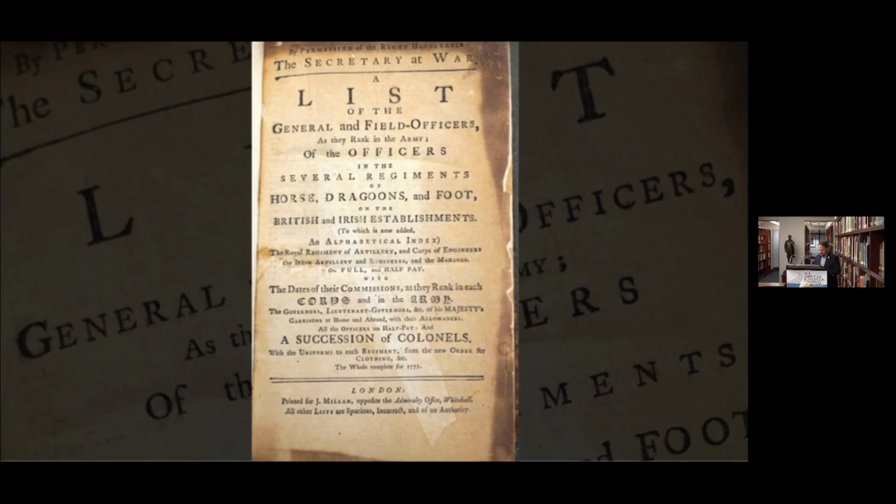with the dates of their commissions as they rank in each corps and in the Army, the governors, lieutenant governors, etc., of His Majesty's garrison at home and abroad, with their allowances, all the officers on half pay, and a succession of colonels with the uniforms to each regiment from the order for clothing, etc., the whole complete for 1773. So you get a lot in that, and that's exactly what you get from these Army books, as I just mentioned,